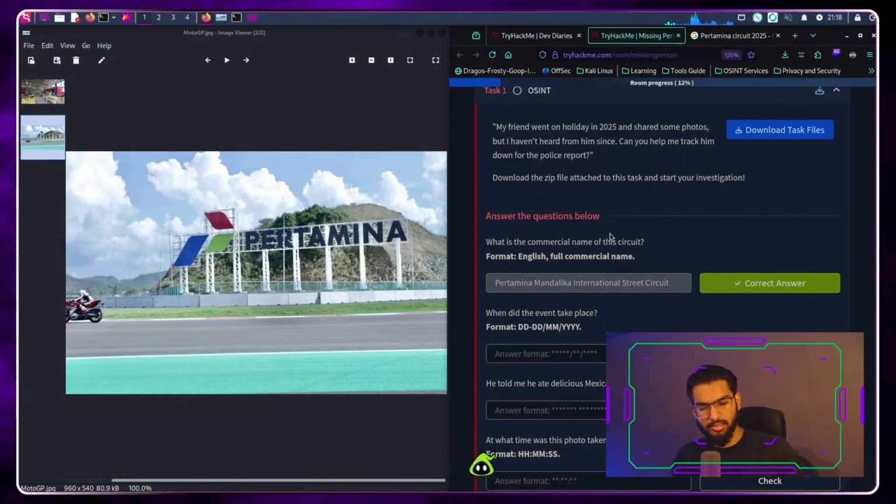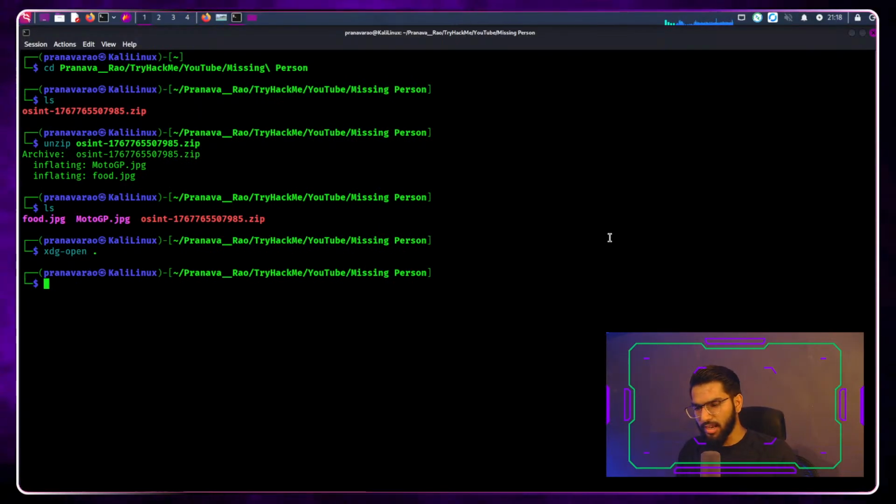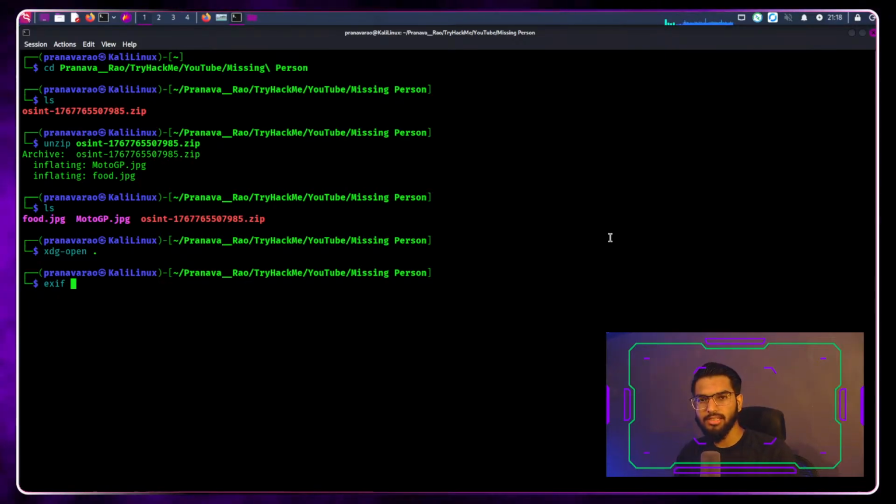In other cases, let's say we could not find the event which is happening publicly. It's just an image which is taken. If you have taken a photo at a concert or some place where you had just gone and then shared it, what would you do and how would you find that information? That's where a tool called exif comes in, where it gathers the metadata which is present inside any image.